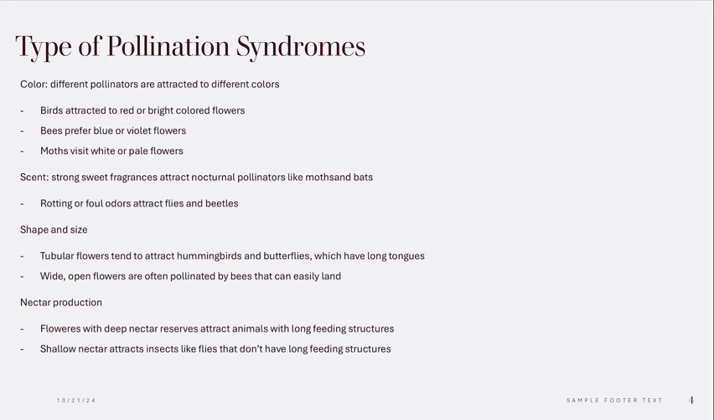Another type of pollination syndrome is shape and size. Tubular flowers tend to attract hummingbirds and butterflies, which have long tongues. Wide open flowers are often pollinated by bees that can easily land,